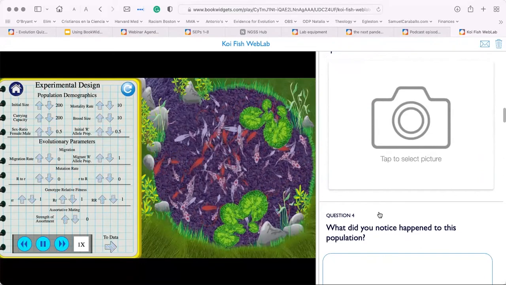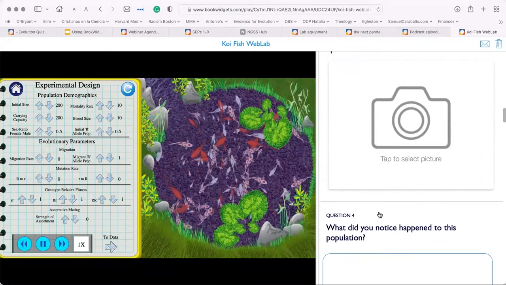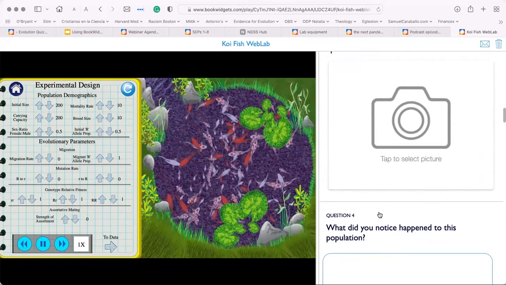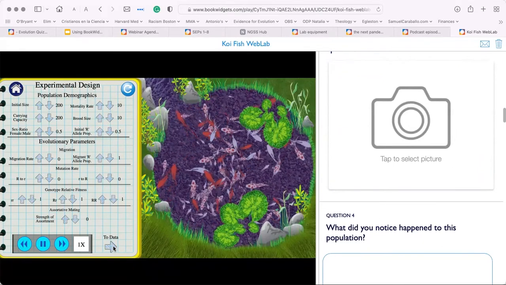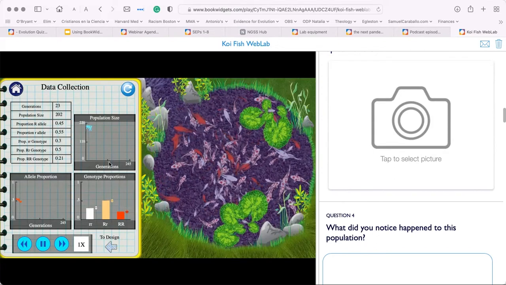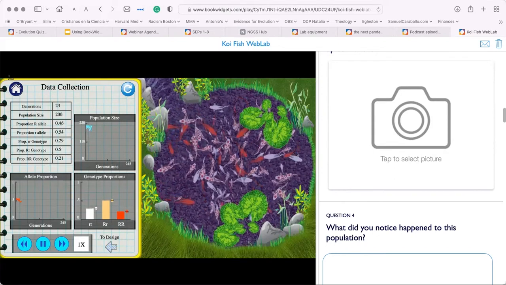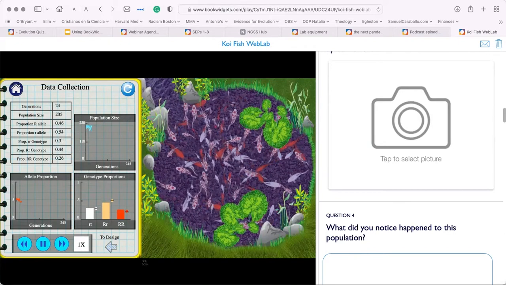They don't have to draw it on the computer. They can draw it on paper, and then provide an image of their model based on their observations and based on the parameters they change in here. I can also ask them to take a screenshot of what's going on here, so I could see the results at the time of